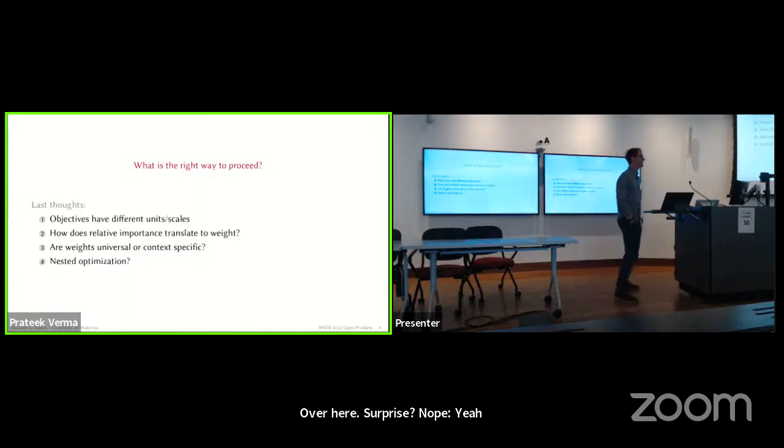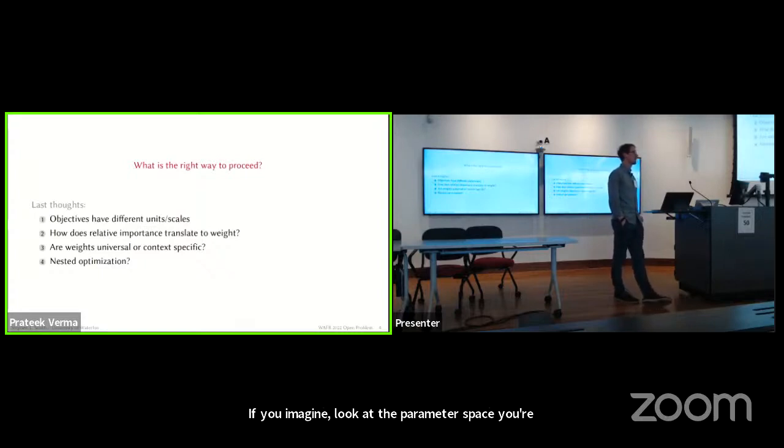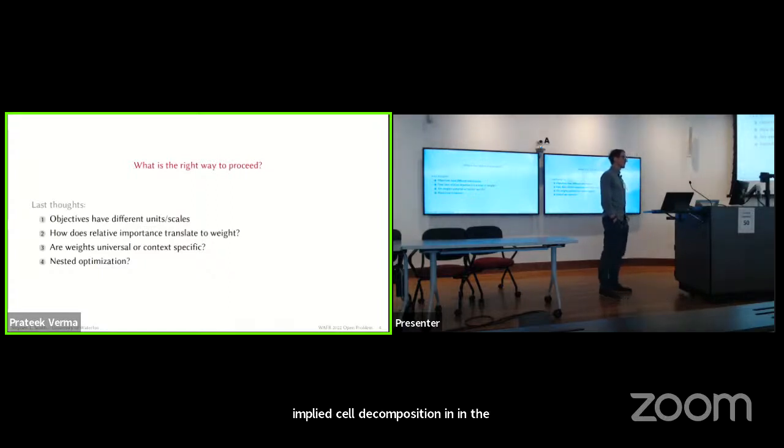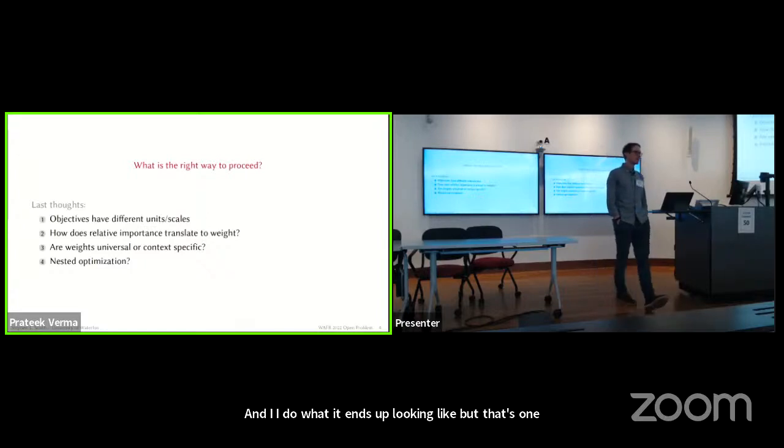I saw another mic. One thing that I think may be interesting here is, if you imagine the parameter space you're optimizing over, consider the weight space, and then for certain collections of weights, they all lead to the same Pareto optimal, right? So there's an implied cell decomposition in the weight space, which is an interesting computational geometry problem, perhaps, in different sorts of contexts. And I don't know what it ends up looking like, but that's one possible thing that one could study if they haven't already. And then the next thing that might happen is, imagine you have a system where